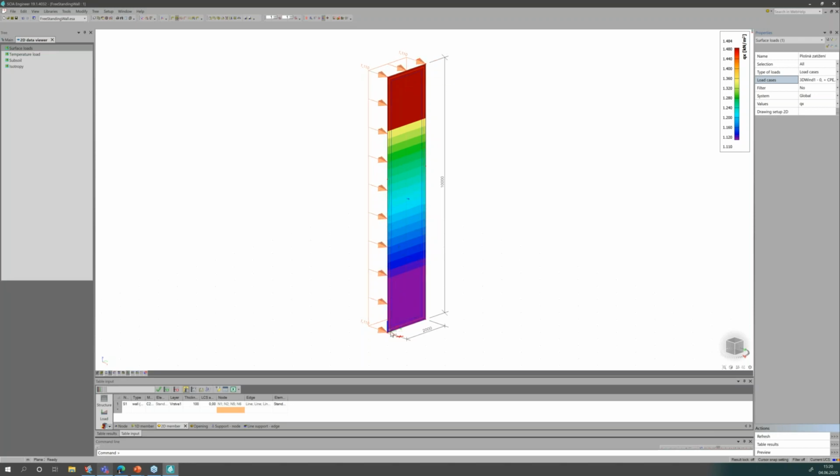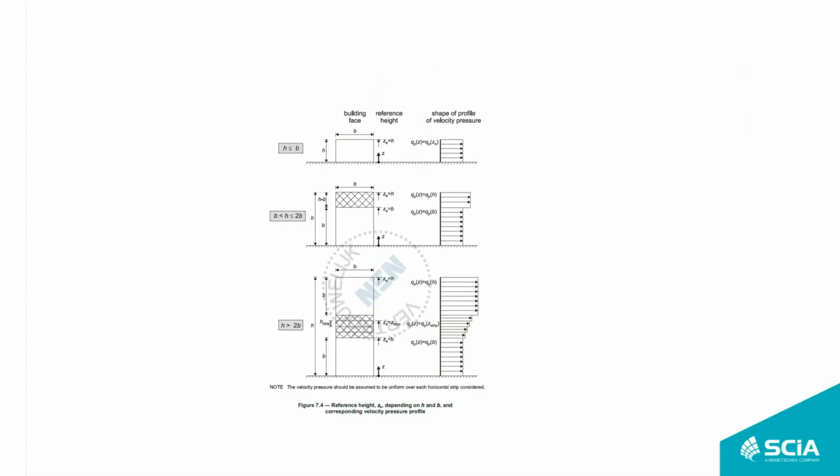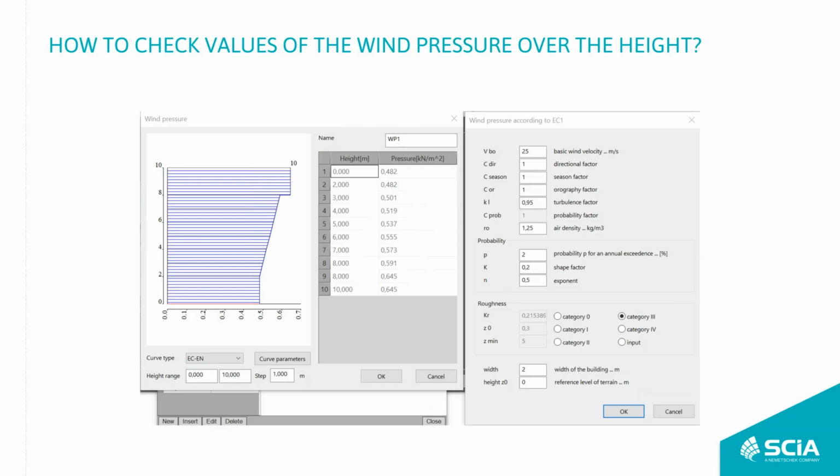So we can see that the wind curve, which we defined at the beginning of our demo, is taken into account. You can see that it's changing over the height. So it's from 0 to B, from B to, let's say, double B, and then the rest. That was everything I wanted to show you related to the